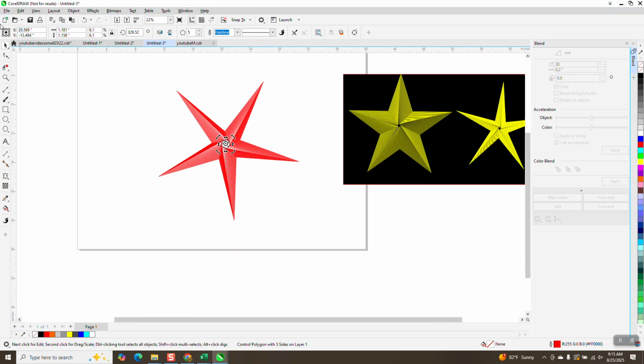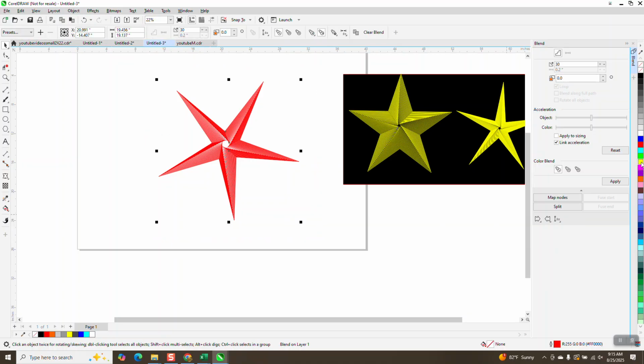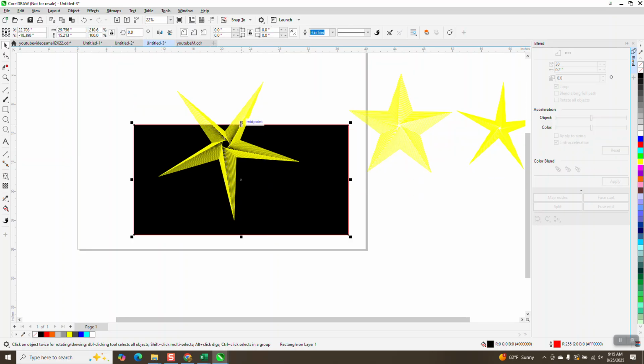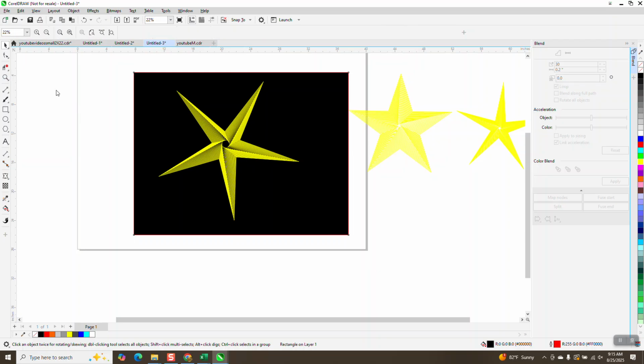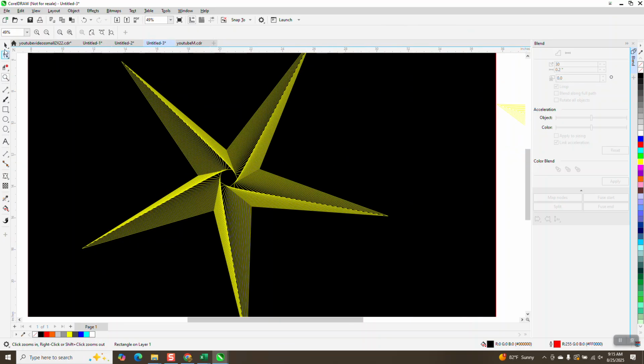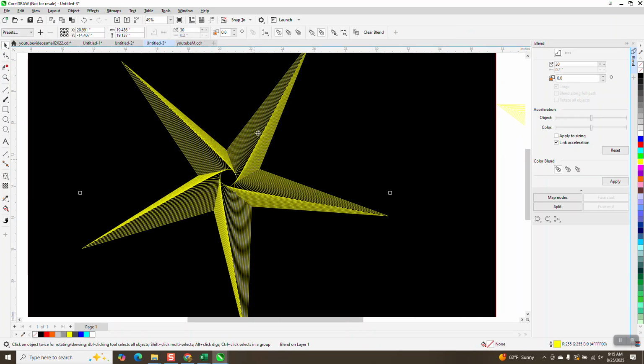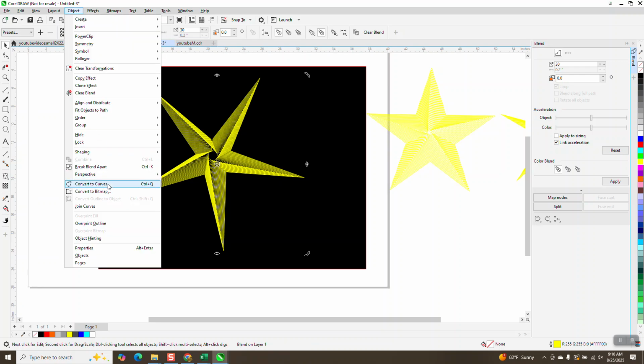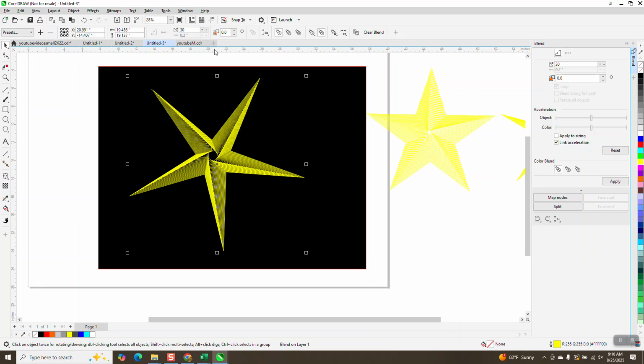Now that looks pretty cool, but if we take it all and left click yellow and make it yellow and we bring in a black box, it really makes it stand out. And then you can do some other things with it. I mean, that looks pretty unique as it is, but if you go right here and click on it, well, let's tell you what, let's go to object and convert it to a curve. Then as soon as we do that,